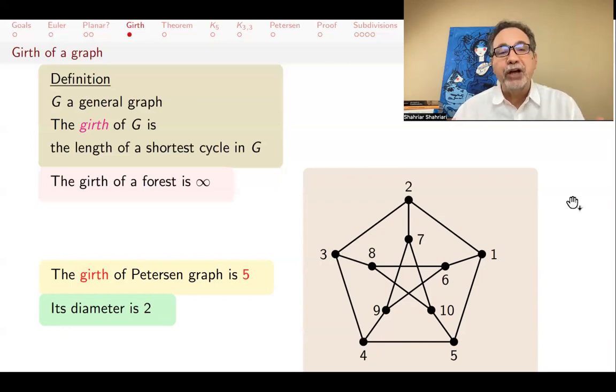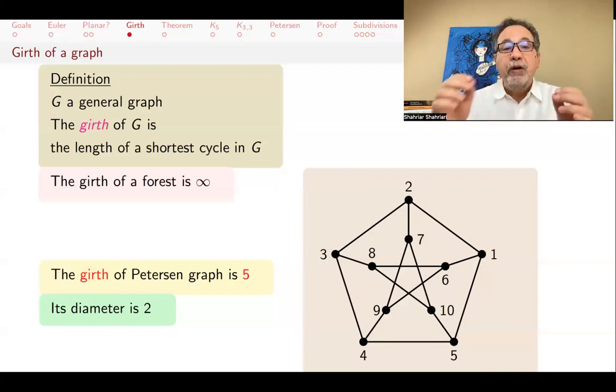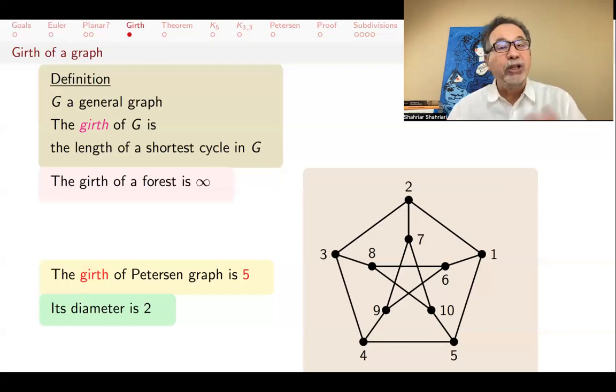But if you do that, you're taking your time. You're not going the most efficient way. And that doesn't tell you the distance. The most efficient way to get to 3 is go from 1 to 2 to 3. And then you have a path of length 2. And the distance between 1 and 3 is 2. So you look at every pair of vertices. You look at all their distances. And you pick the largest one, and that's the diameter. And in this graph, the diameter is 2, which means that if you pick any two vertices, either they're adjacent, either there's an edge between them, or if they're not, you can go to the other via one other vertex. And this graph is interesting because even though the diameter is so small, the Girth is